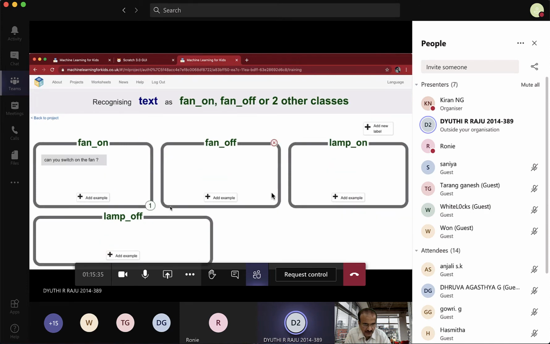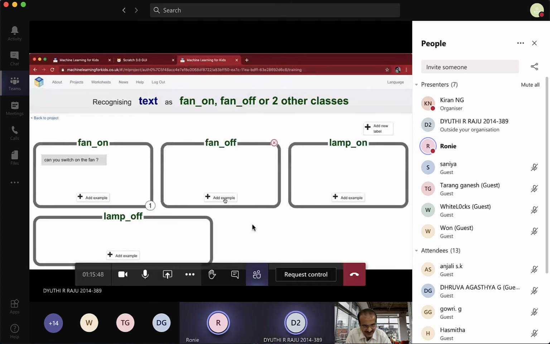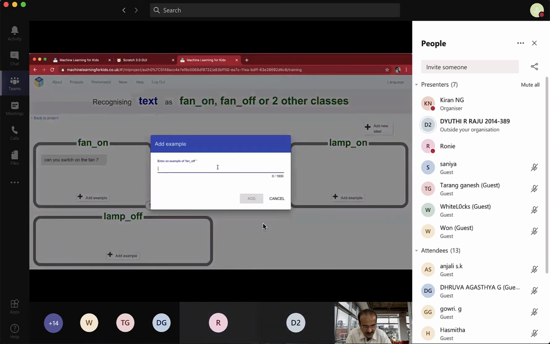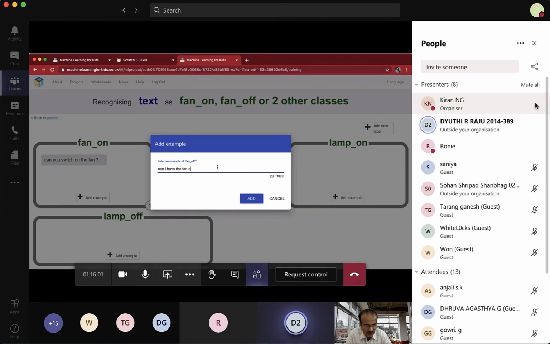These were the four labels. Hold on. Yeah, look at this, Tarang. Sorry, Ronnie. Okay. Wow. Can you switch on the line? Okay. And she's giving labeled examples also. Show one of the examples. Look at it.